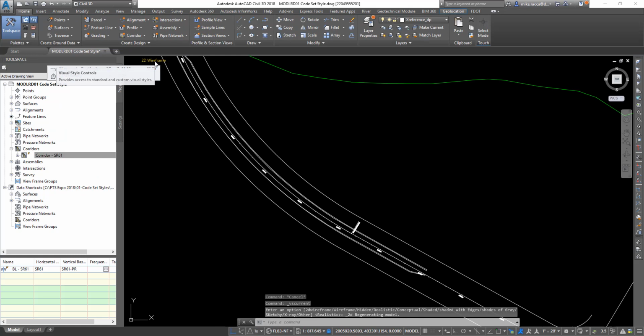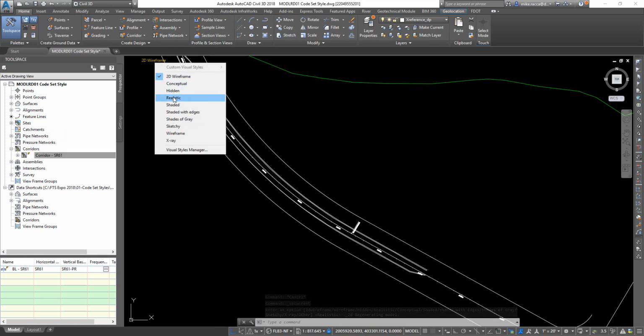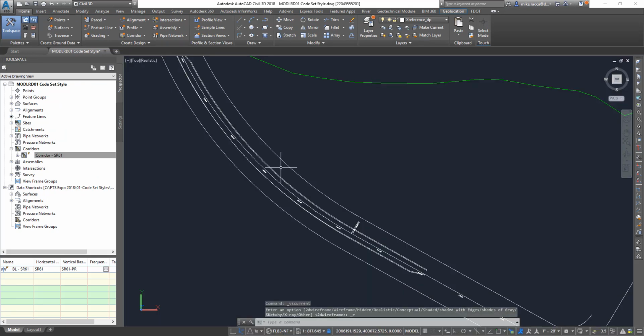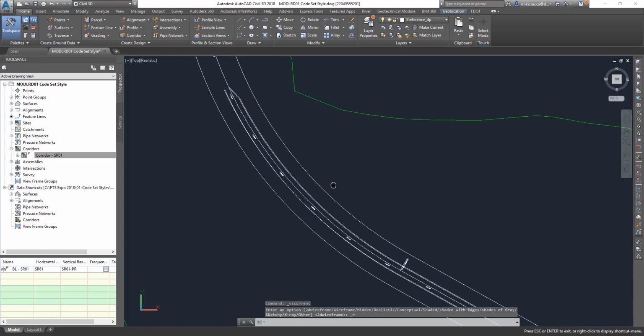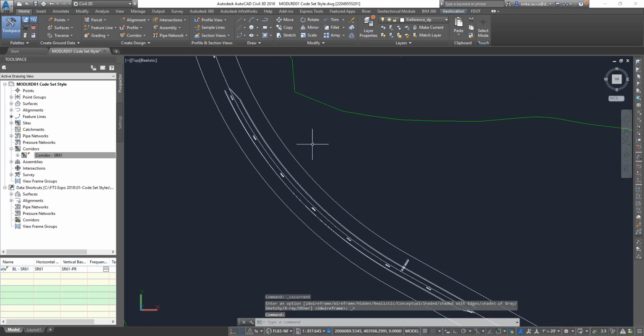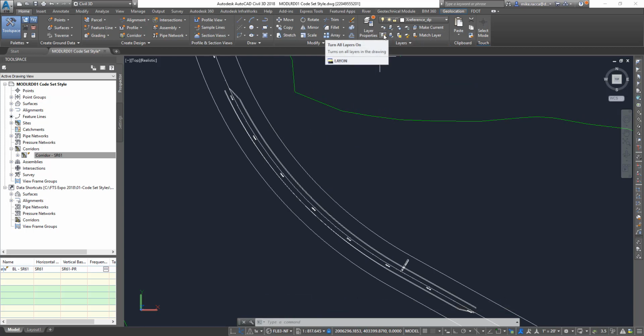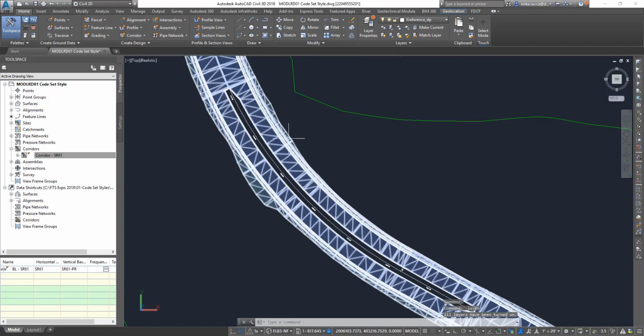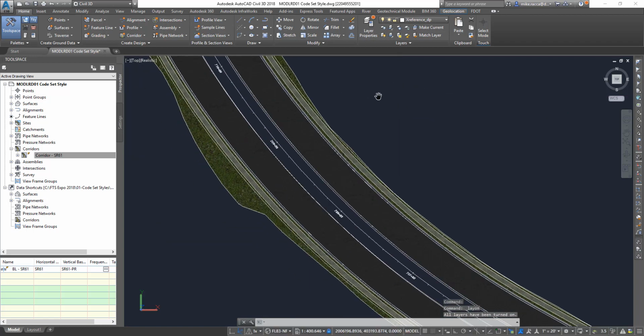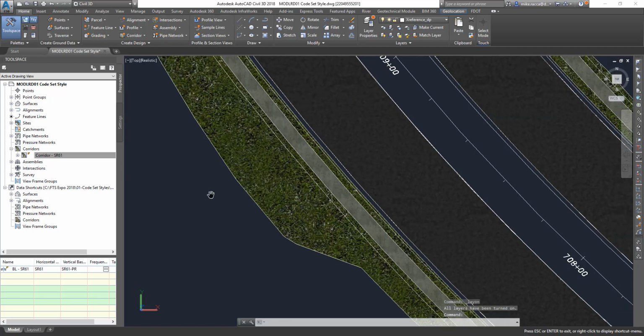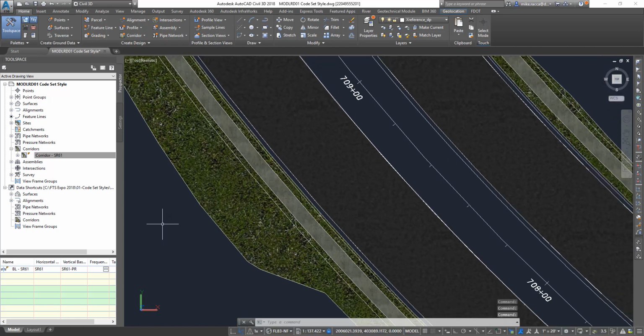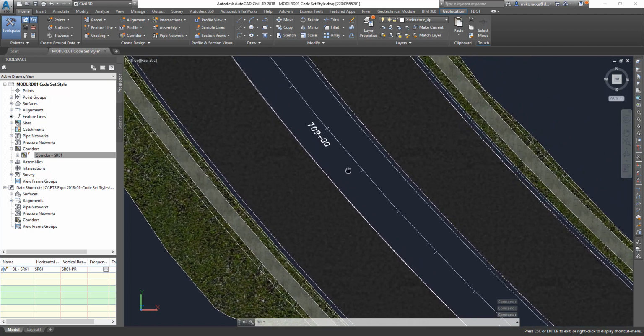Okay, so what we're going to do here is go up to the top and change our 2D wireframe to realistic. And we didn't see much happen because earlier on in this session I actually turned off one of my corridor layers. So let's go back over here to our layers property box and click on the light bulb to turn on all of our layers. And then we can zoom in here and we can see that we now have a grass material being applied to our sod and our daylighting. We've got an asphalt material being applied to our sidewalk, and then we have another type of material being applied